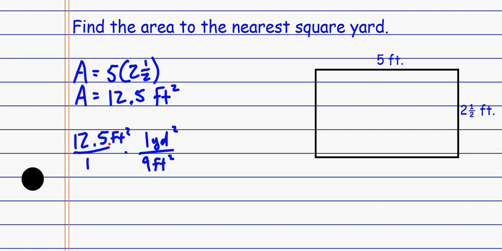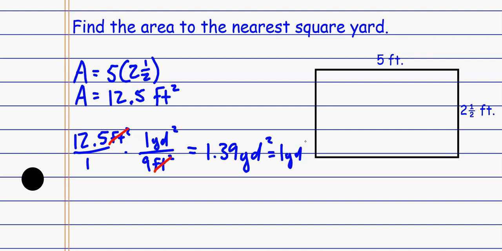And see, now these guys cancel out. And it gives me 1 point, hold on, 1 point something. Let me plug it into my calculator, 12.5 divided by 9. 1.38, so 1.39. And that's square yards. It asked me to round to the nearest yard, so we're going to say it's 1